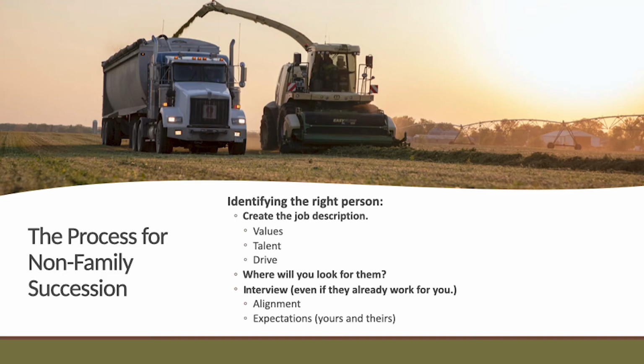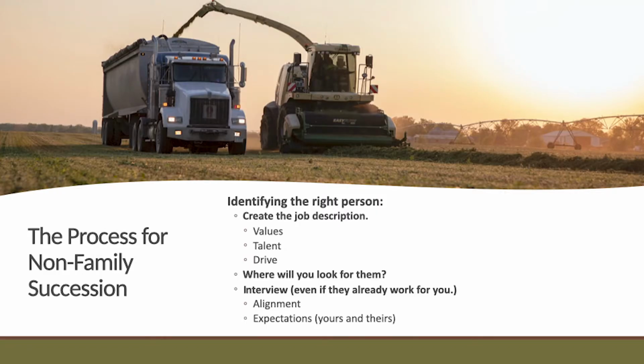So when we start talking about non-family succession, and again, for those of you who are watching this that have a family successor, this still really does apply to you. When we think about that person, a very good place to start is to create that job description. Inside the job description, it would be what that person is supposed to do and what you are looking for in a person that would take over your operation. We might be looking at value alignment, so looking for a person that is like-minded, holds the same values, and has an intention of running your operation, maybe not in an identical way, but with the same values in mind.